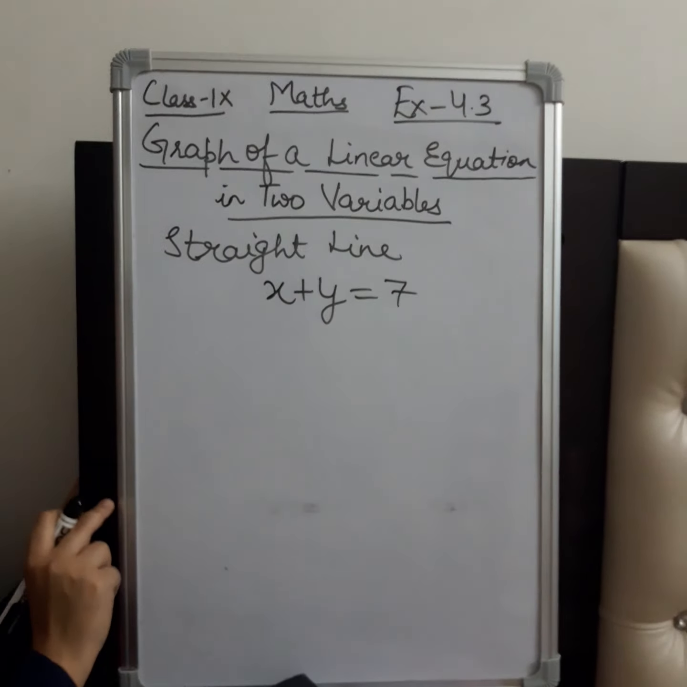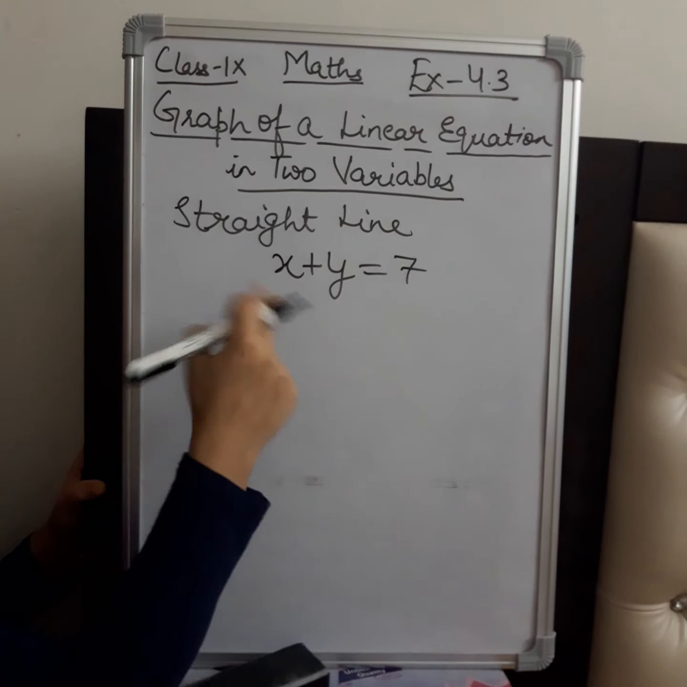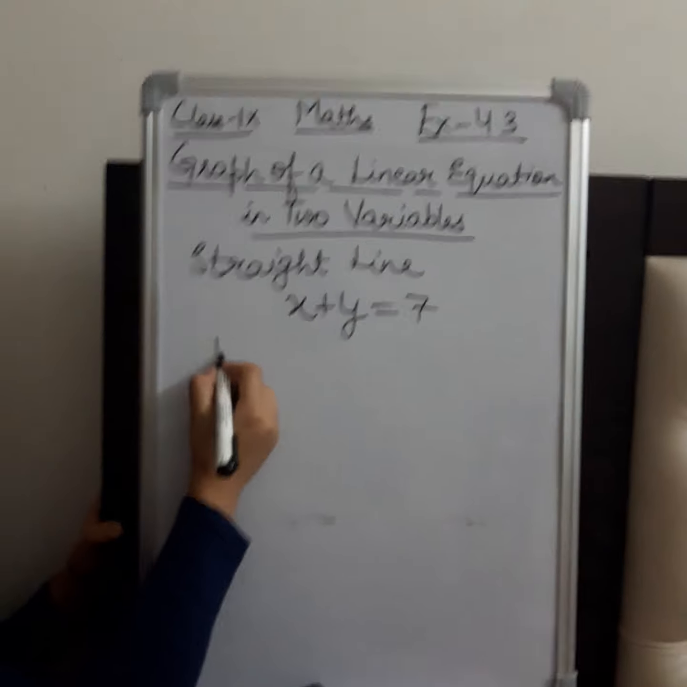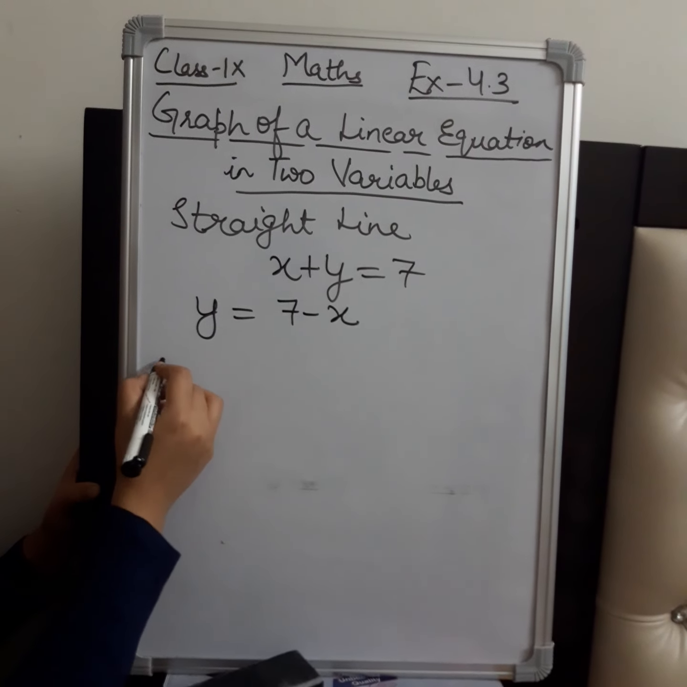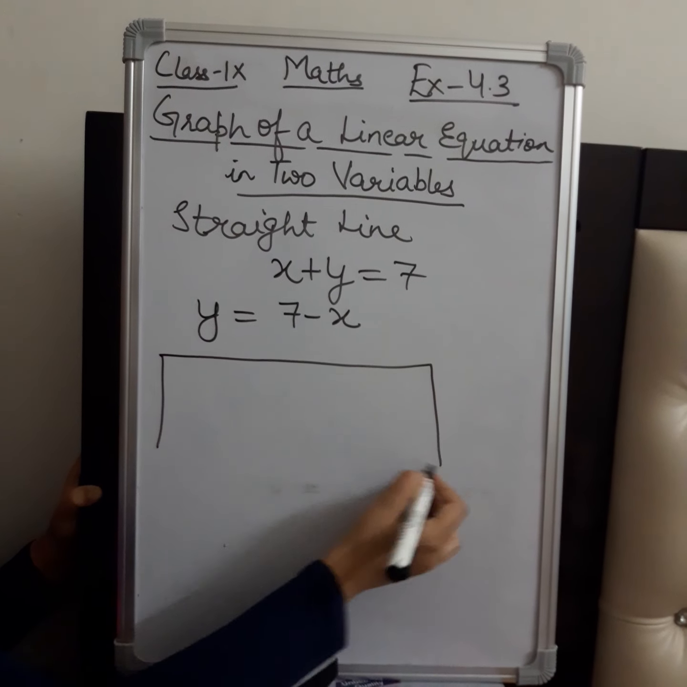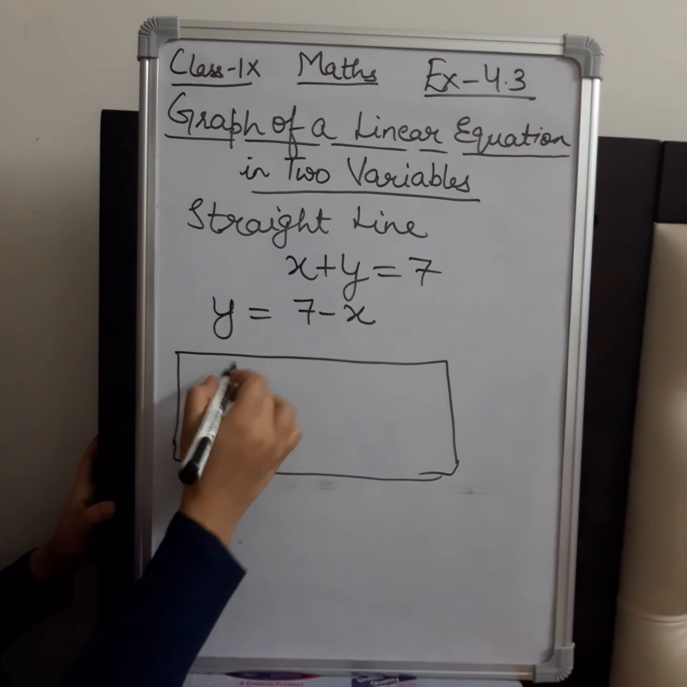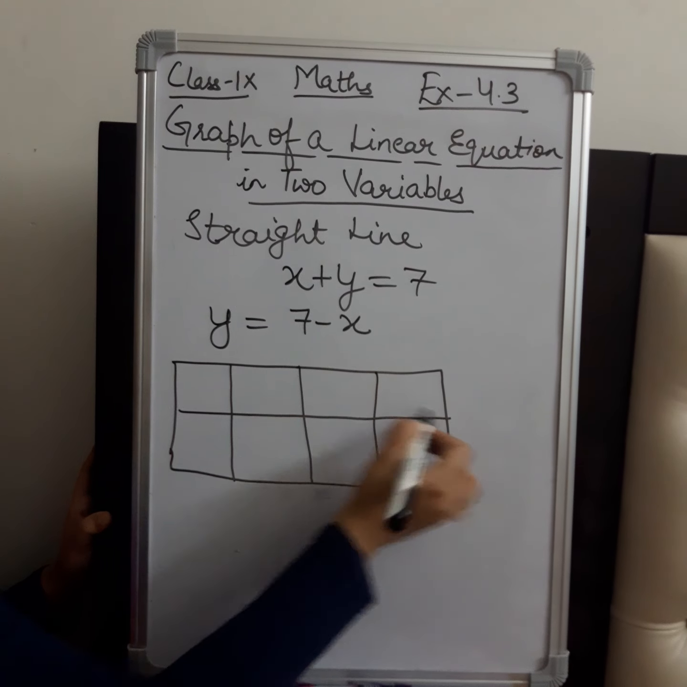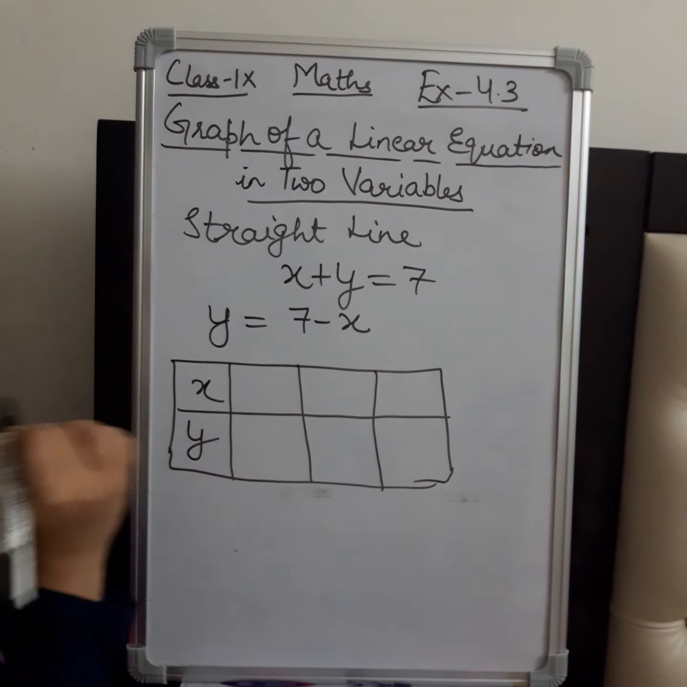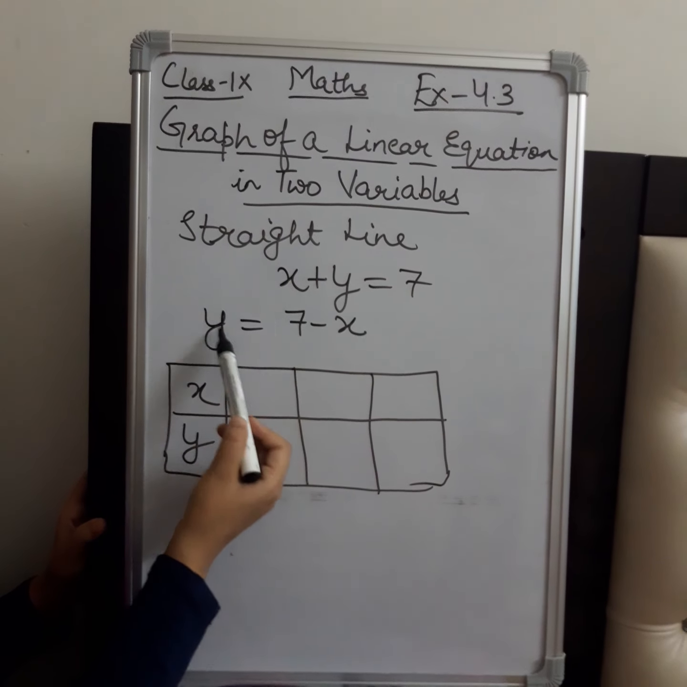First step is try to write x or y in the form of another variable. For example, if I write y, from here it will be 7 minus x. Now we have to write 3 solutions. So we used to make a box like this, x and y. Now we will be putting different values of x here and we will check what will be